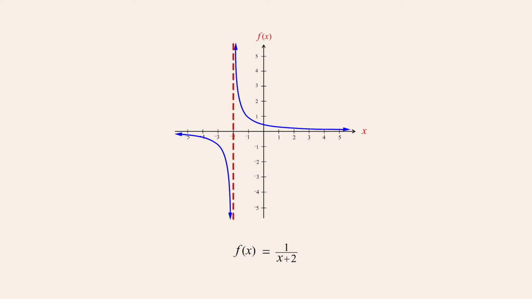In the previous lecture, we saw that vertical asymptotes occur at x values that cause the value of the function's denominator to be 0. For example, this function's denominator has a value of 0 when x is negative 2. As a rational function's graph approaches a vertical asymptote, the value of the function's denominator approaches 0, causing the function's value to grow without bounds in the positive or negative direction.